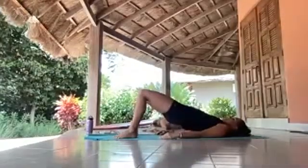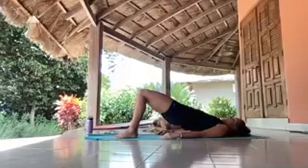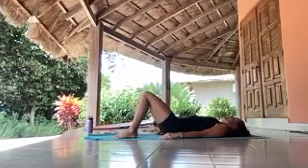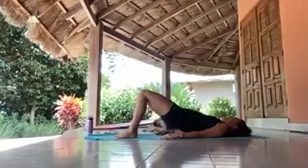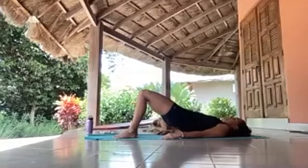Pushing the hips up high, firm the glutes. Feel as if your knees could reach further away from you, and then sequentially rolling all the way back down. Make sure your foot is evenly pressed down into the mat. Tuck the pelvis, roll all the way up. Feeling a lightness from your arch. Push the hips up high, lift out of your pelvic floor, draw the belly in, and sequentially rolling it all